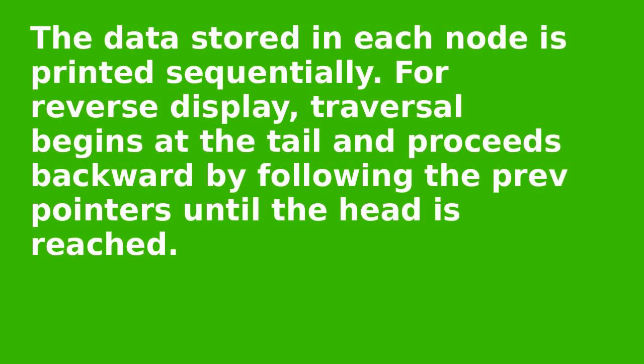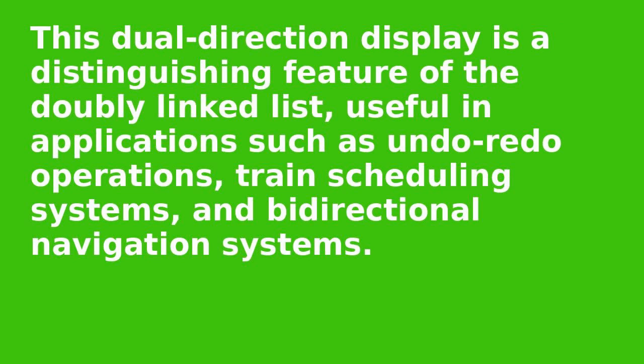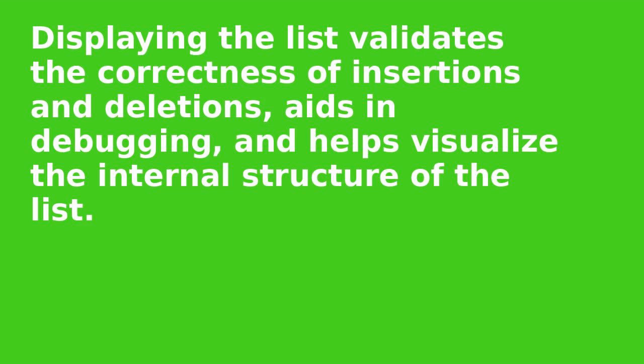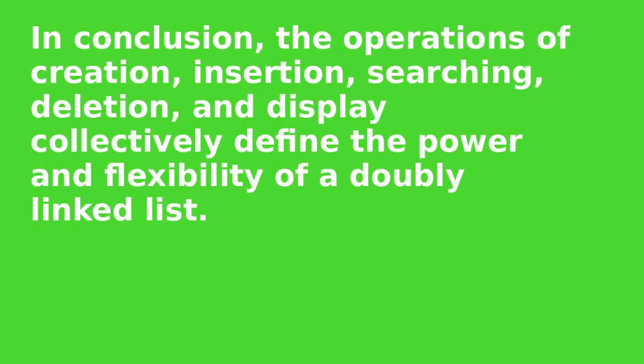For reverse display, traversal begins at the tail and proceeds backward by following the prev pointers until the head is reached. This dual direction display is a distinguishing feature of the doubly linked list, useful in applications such as undo-redo operations, train scheduling systems, and bidirectional navigation systems. Displaying the list validates the correctness of insertions and deletions, aids in debugging, and helps visualize the internal structure of the list. In conclusion, the operations of creation,